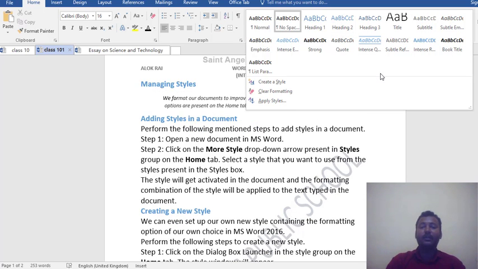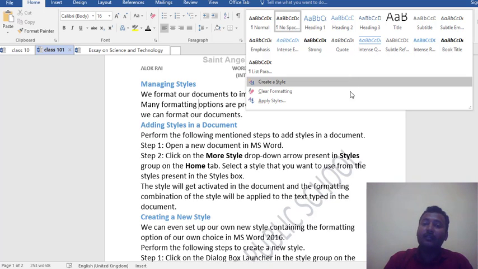Select a style that you want to use from the style box, and our document text will change according to it.